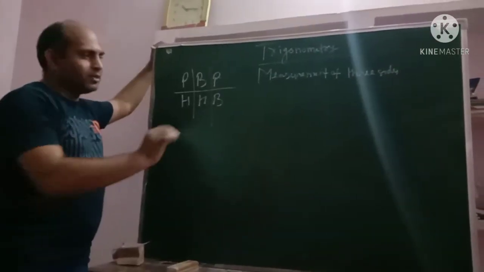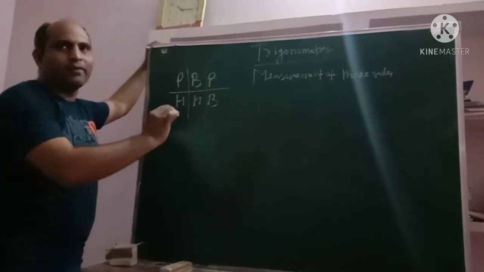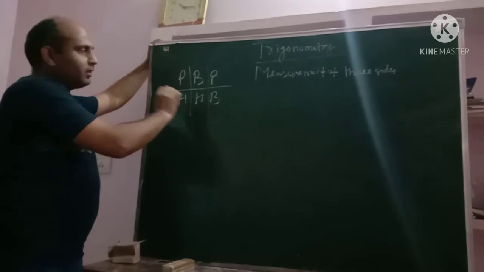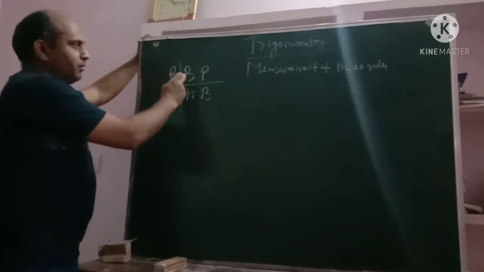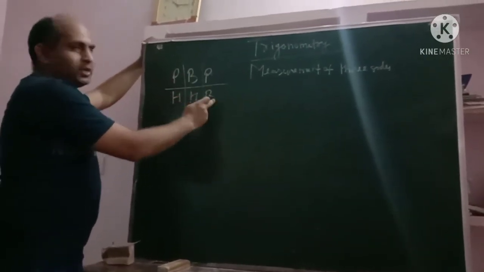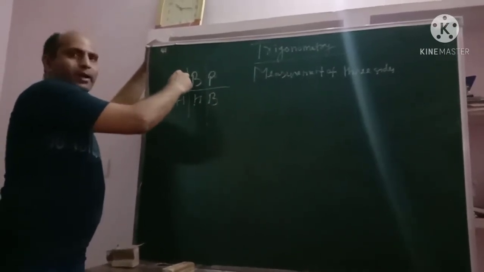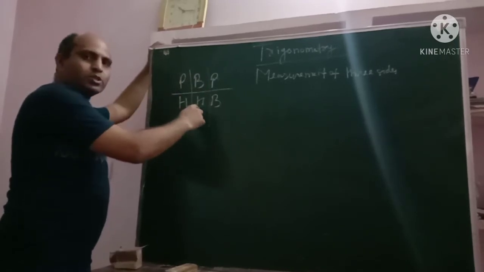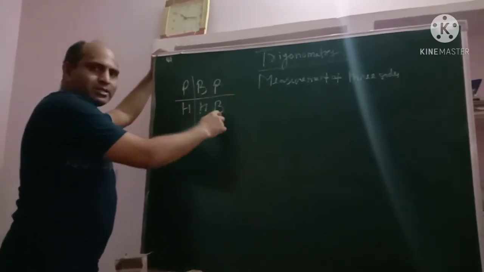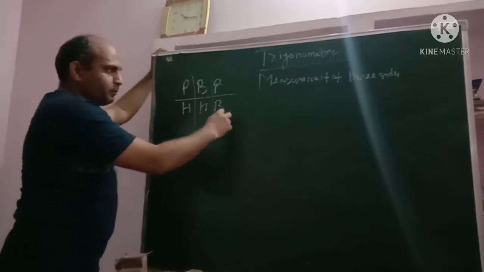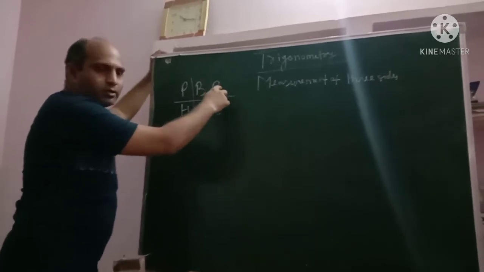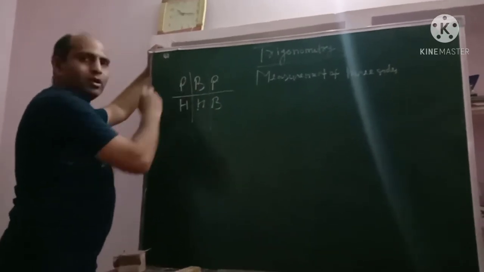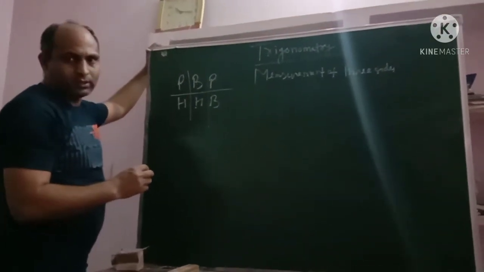How we can learn these 6 trigonometry ratios in the different side ratios. So we learn this basic fundamental, the names P, B, P, H, H, B. The perpendicular and hypotenuse ratio is your sine, base and hypotenuse ratio is cos, perpendicular upon base is the ratio of tan, base and perpendicular is the ratio of cot, hypotenuse and base is the ratio of sec, and hypotenuse upon perpendicular is the ratio of cosec.